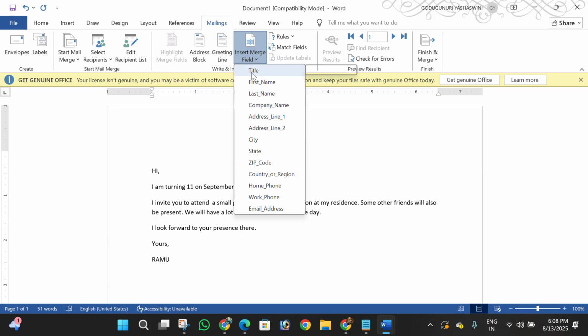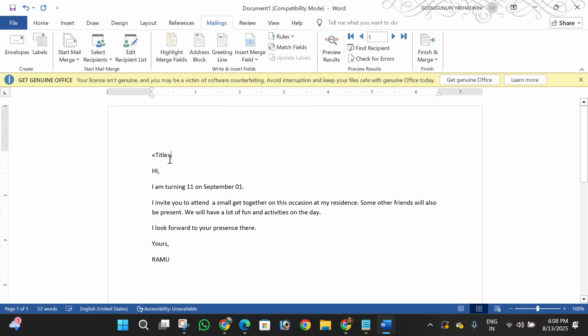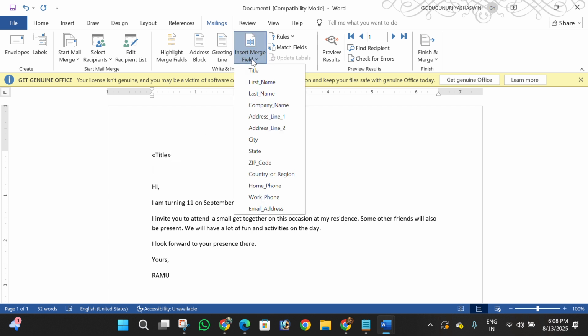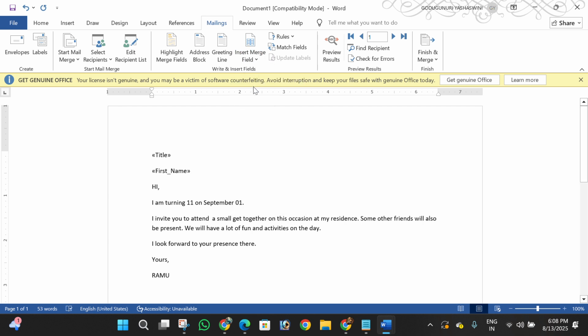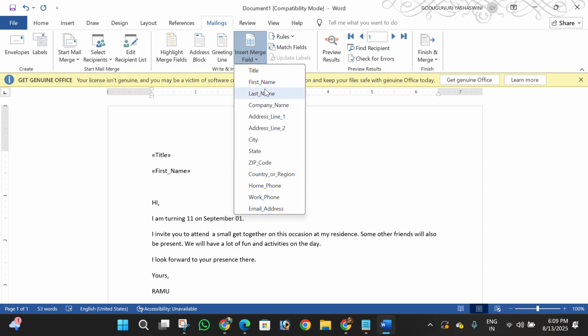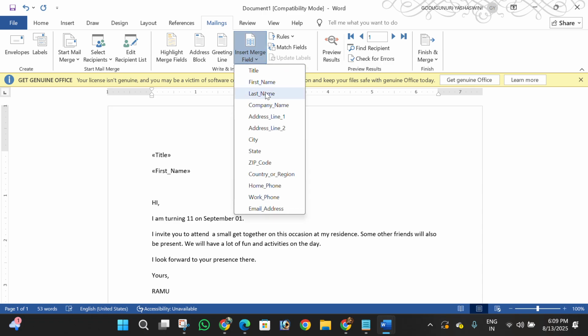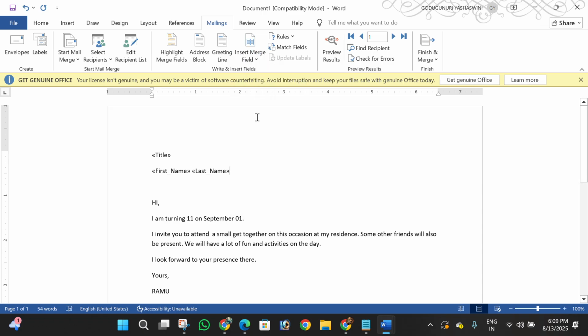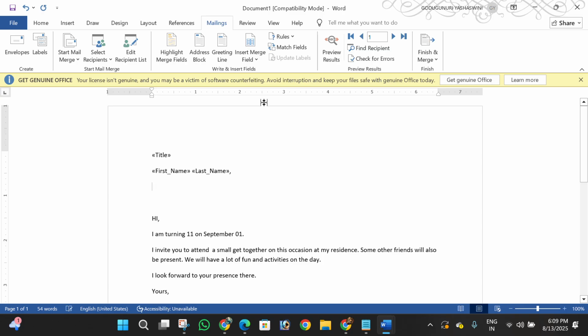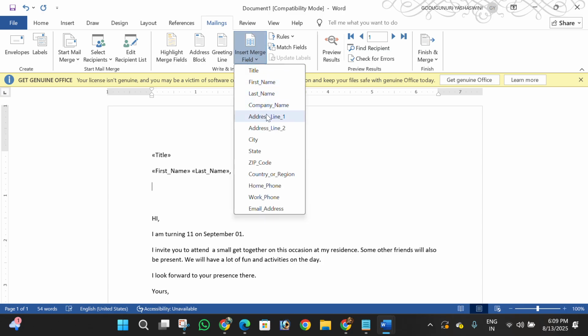What columns do I need? First I need the title. So I have inserted the title and click enter. Then go for the next one, first name. Okay, then the second name, that means last name. Beside it only I will give it. Okay, give a space and go for your last name and enter it. So you can give a comma even if you want, and go for the next insert column, which is company